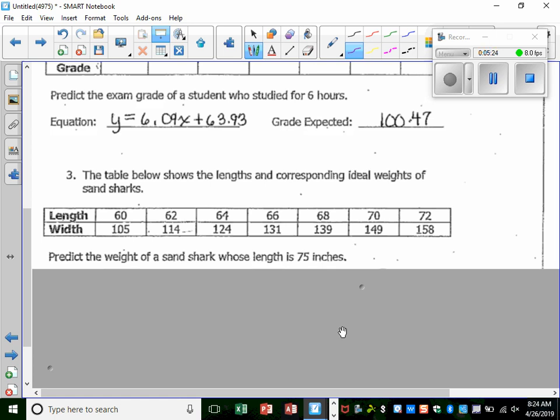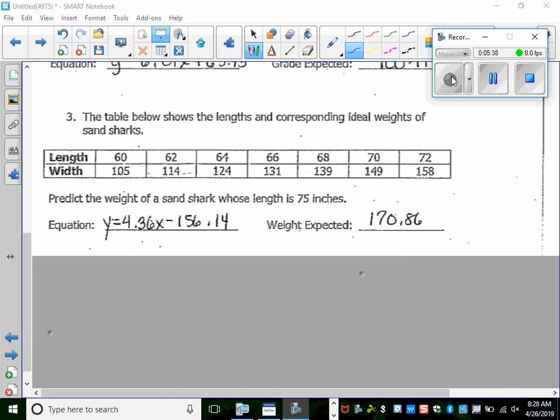Now it says predict the weight, but they give you length and width here, so I'm not sure if they meant really width, because we're only comparing length and width. All right, so go ahead and see what you get for this. So we'll pause it again. All right, very good. So for this one, your equation should be